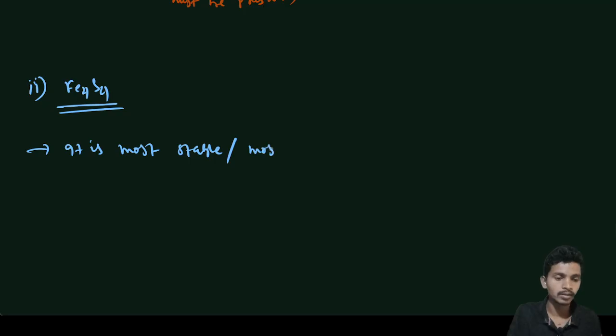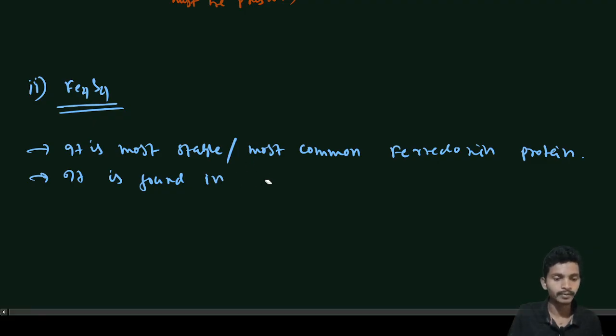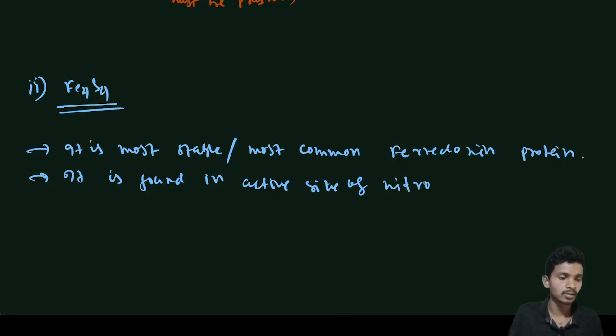and most common ferredoxin proteins, and it is found in the active site of nitrogen fixation bacteria. Okay,